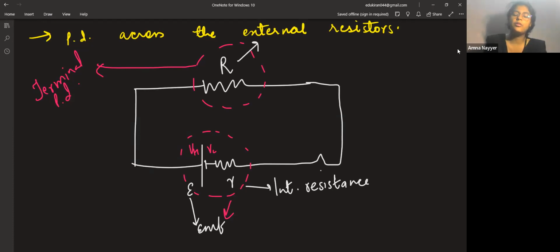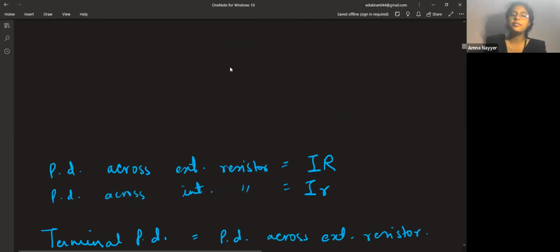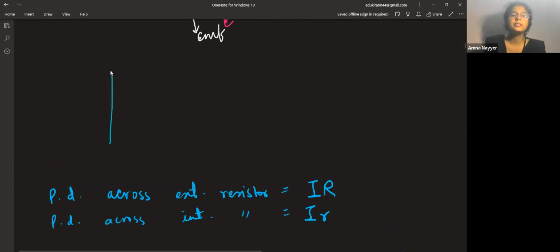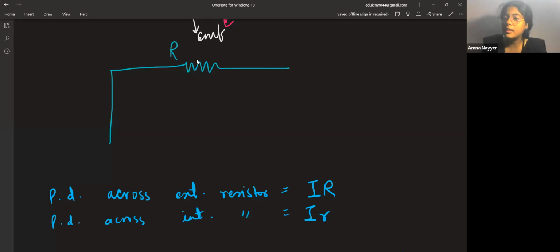See class, coming to the formula portion. In our circuit, we'll be having external resistors. Now this external resistor need not necessarily be only a single resistor. I can have groups of resistors which are connected in series and parallel. Ultimately, I'll find their equivalent resistance. Series and parallel we'll see, I hope in today's class only we'll start series and parallel combination. Whatever you get as your final answer as R equivalent, you will be using over here.